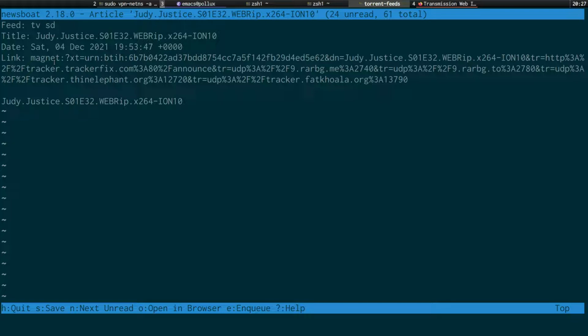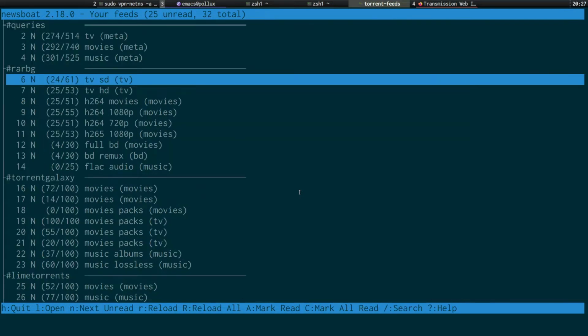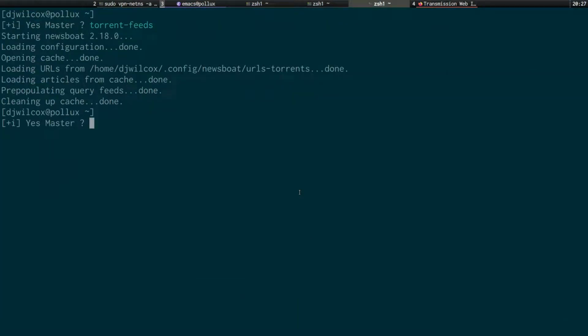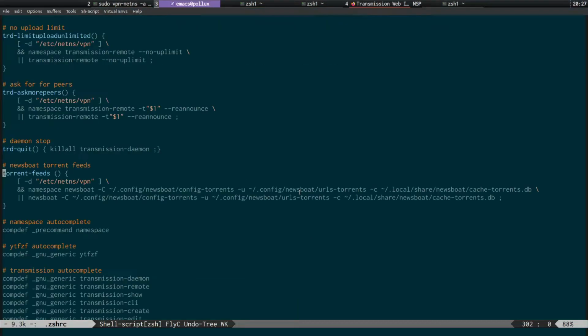Basically what they are is each item in a feed normally has a link to an article, a web page. In a feed with torrents, what they show is the magnet link. And what you can actually do is, if I come across to my newsboat config,